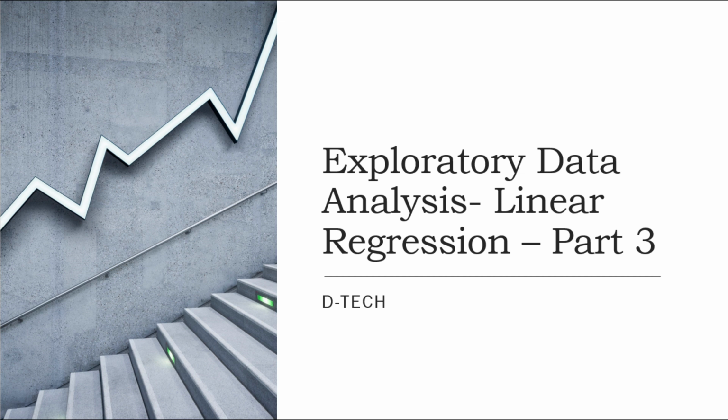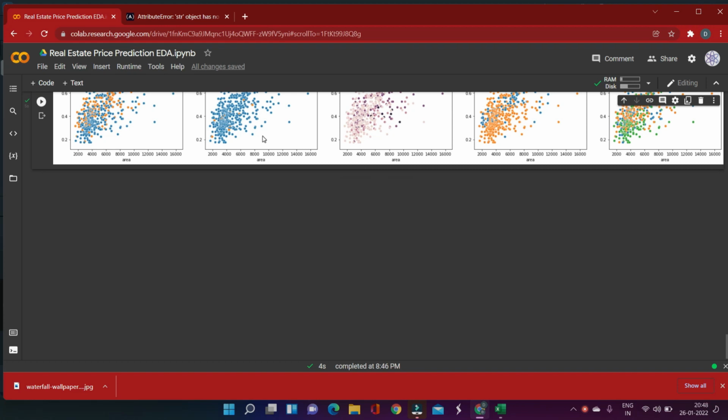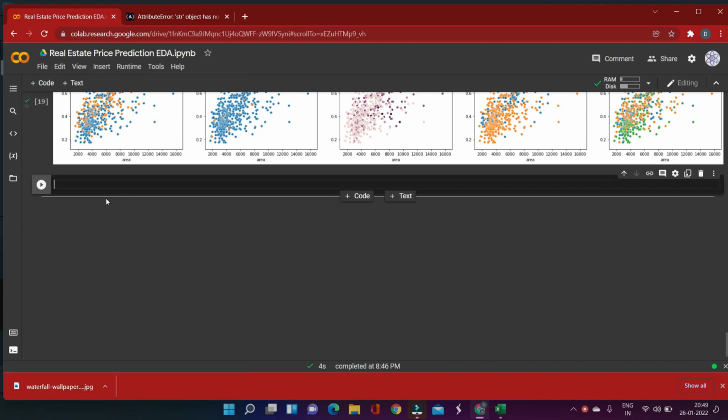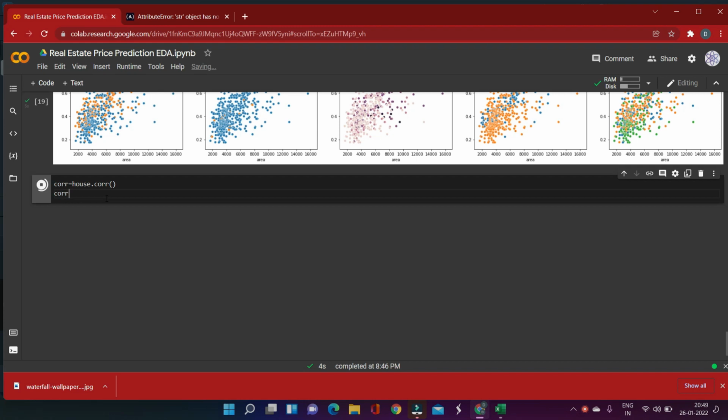Welcome to the third part of exploratory data analysis. Okay, now we're done with this. As a next step, we can do a correlation plot. Okay, so correlations to house dot core, and if we try to see what the score says,